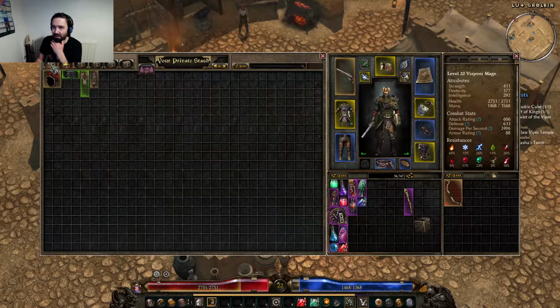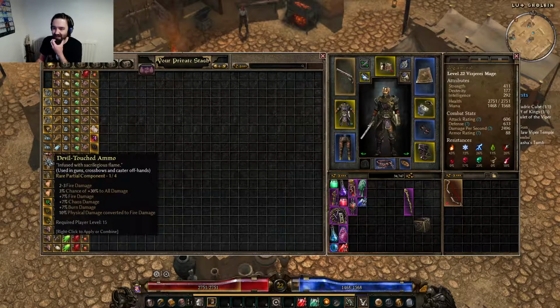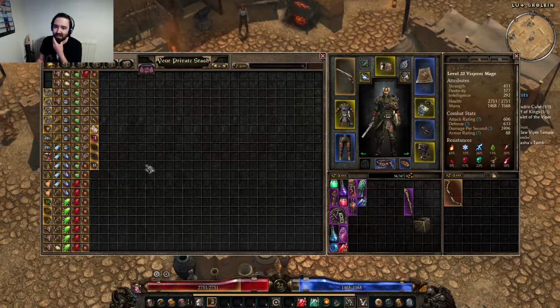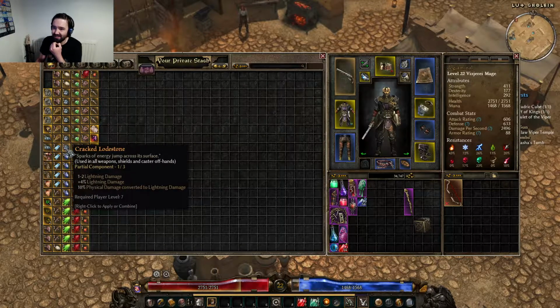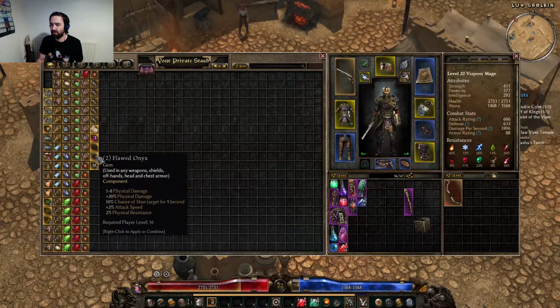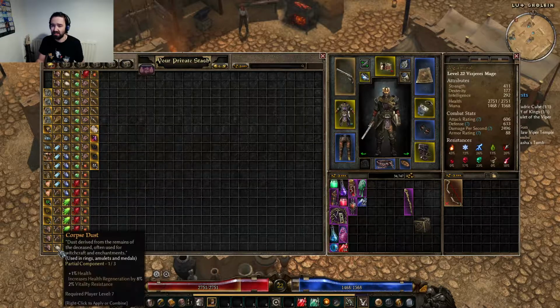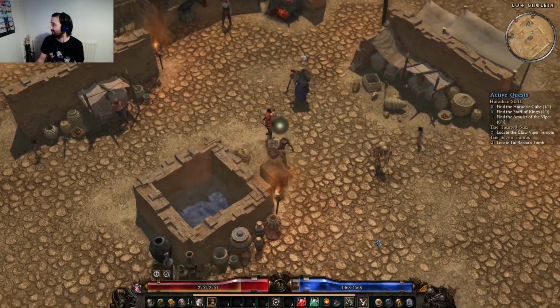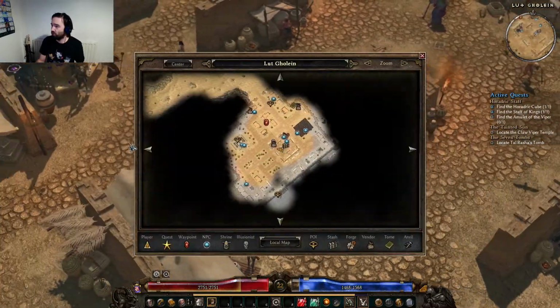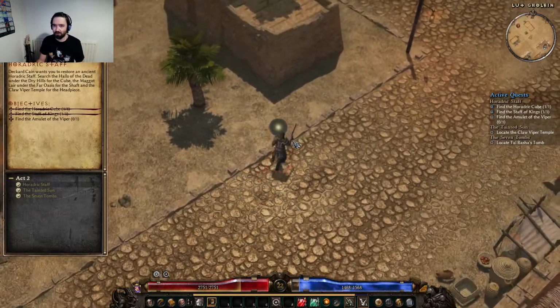I'd actually forgotten about a lot of this stuff. It's not going to matter too much. We're looking for lightning damage, but I'm not going to worry too much about a cracked lodestone here and there. Some of these gems look like they might be quite nice. I'm not going to worry about it too much yet. So we're going to go to the Claw Viper Temple, which is in the city of